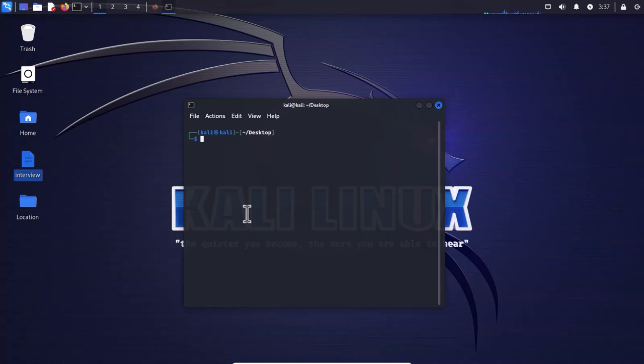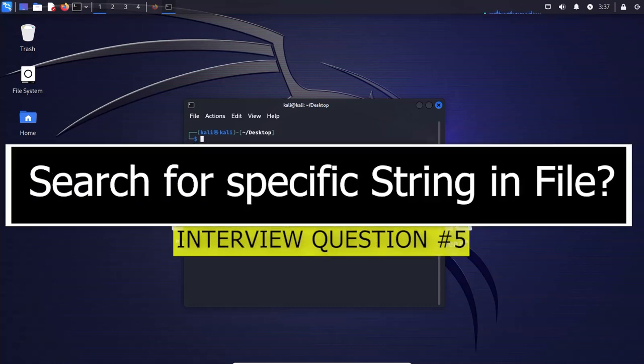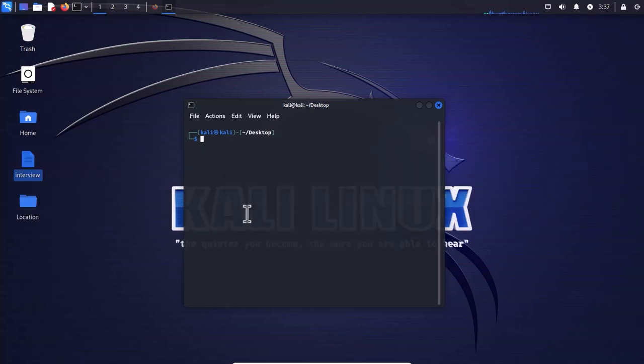Now let's come to our fifth interview question, that is, how could you search for a specific string within a file using the Linux CMD, that is, command prompt? You can search for a specific string within a file using the grep command in the Linux command line. For instance, if you want to find the word test, let's go inside our